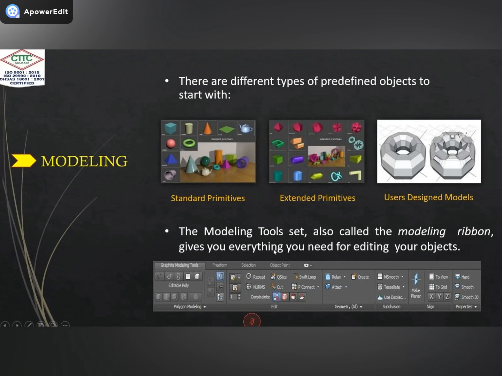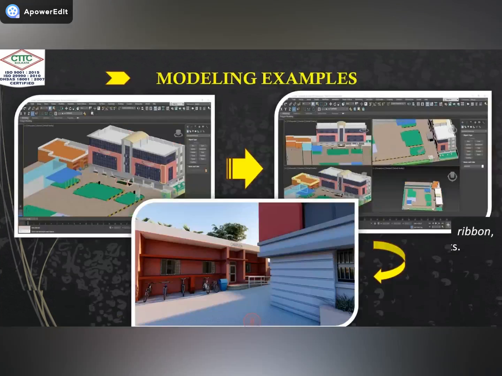I am showing one example. This one is the 3D modeling example. You can see here, this one I have completed in 3D modeling. After completing this 3D modeling, I will install different types of cameras on different views. After installing the cameras, we will get our rendering image. This one is the rendering image through 3ds Max. The clarity is very good compared to Revit Architecture. So this is our process.